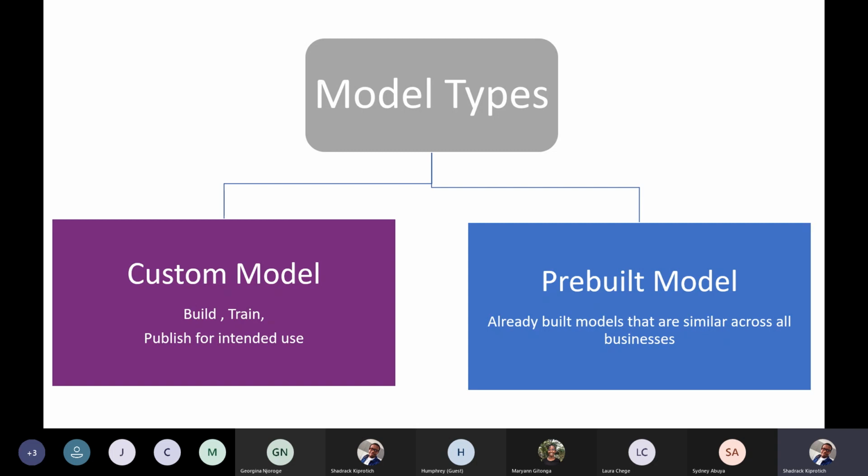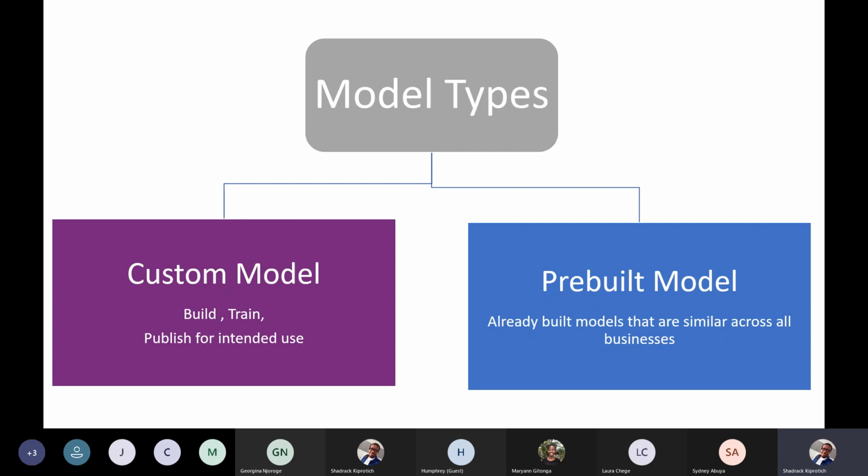For example, I can also build a custom model to help my new employees understand the machines that are being operated within my business. So, for example, if there is a unique machine that new employees might not easily understand and get to know what it does, then I can just build a custom model